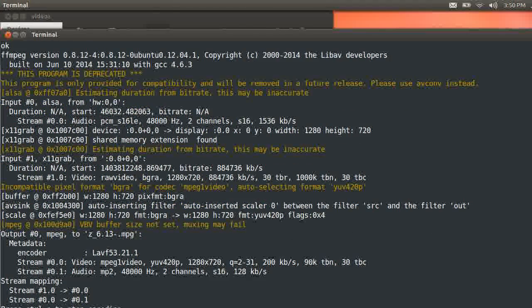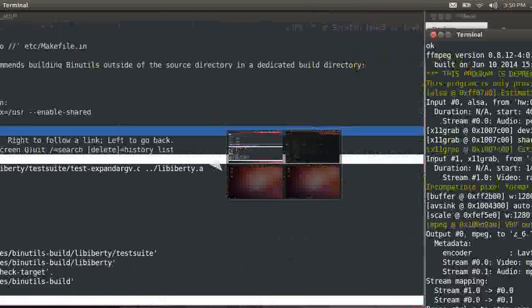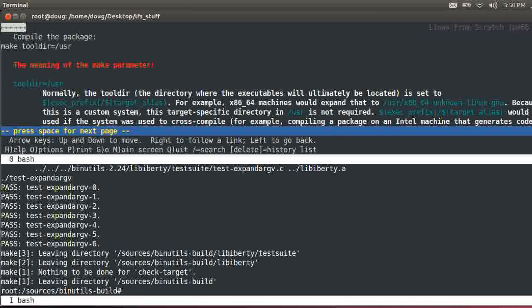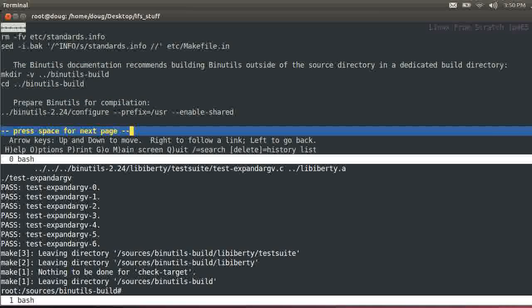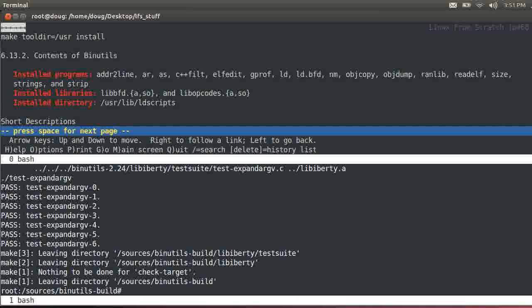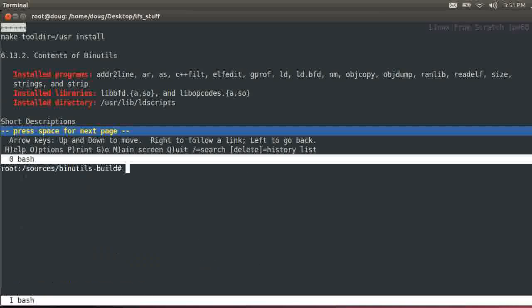Okie dokie. And our test for binutils should be done. Should have got no errors. And now we can say make tooldir equals